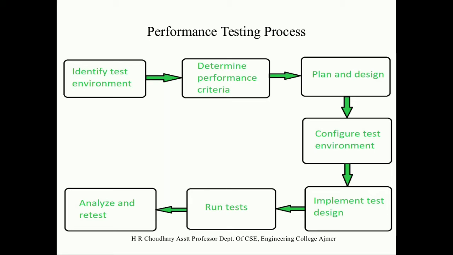We consolidate the analysis and share test results, then fine-tune and test again to see if there is an improvement or decrease in the performance. Since improvements generally grow smaller with each retest, stop when bottlenecking is caused by the CPU. Then you may consider options of increasing CPU power. So this is the process through which we can implement performance testing.